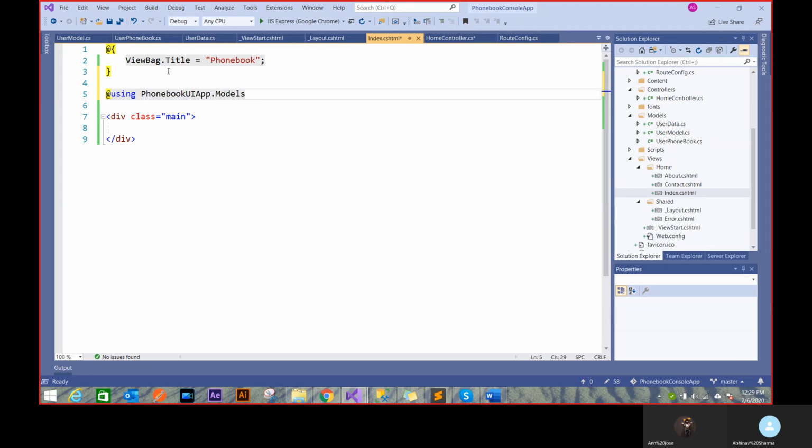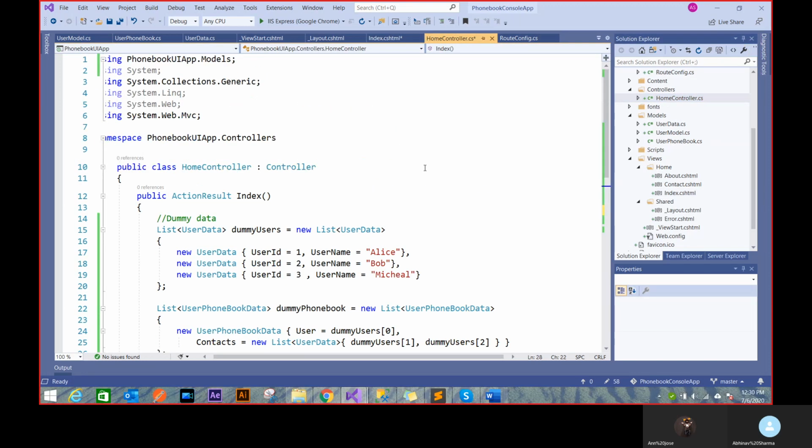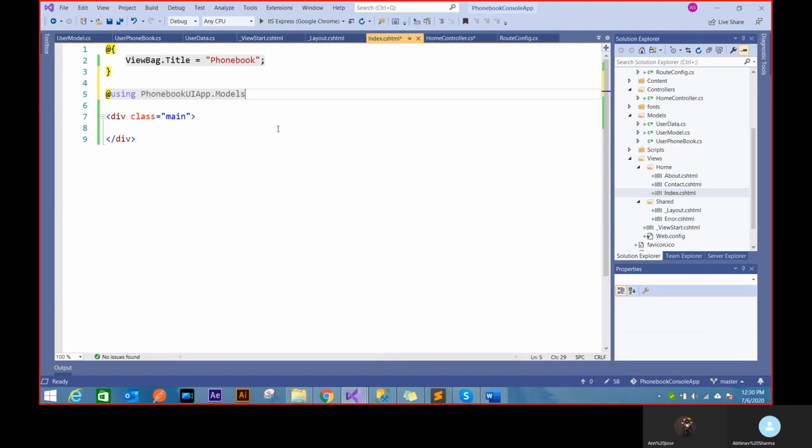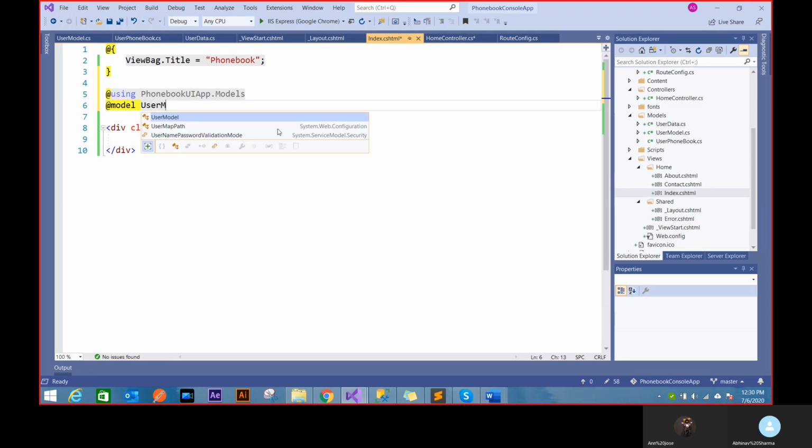It's similar to saying using on your C# side. It's like that only, because this class needs to know where the models are. And then when I define my model, I say that you are based on the user model class. That's a way of creating a strongly typed view. So this index HTML becomes of the type user model.